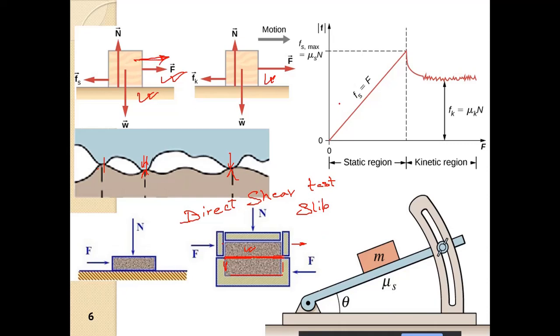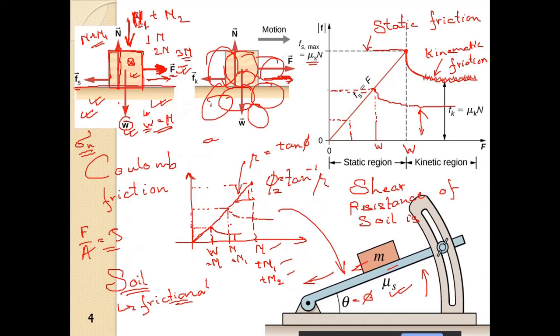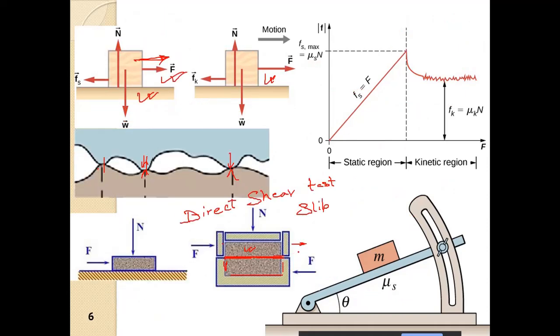So just like what we have discussed in the previous slide, with increasing normal force, the force required to shear is also increasing. Here also, with increasing normal force, the force required to shear will go on increasing. So this is the normal force, and it is increasing. This is N1 corresponding to F1, and this is N2 and this is F2 and this is